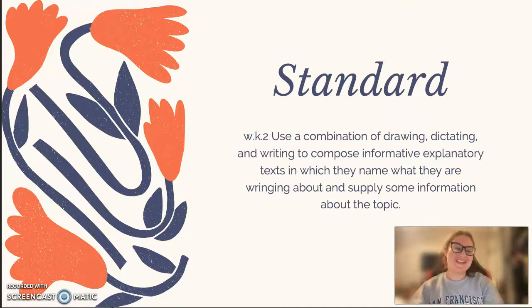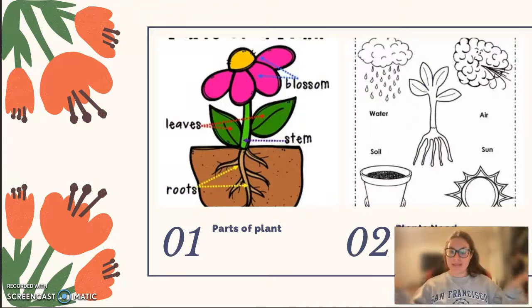No? Okay. Awesome. So, what are plants? Can anybody tell me what are plants? No, that's okay because we're going to be learning about plants. So some things that plants have are parts. Plants have a flower. Plants have a stem. They have leaves. They have roots. And guess what? They also need something to be able to grow and to live because they are living things, right? So what are living things? Like us. They live. They need the sun. They need water. They need soil. They need air. So just like us, right? So let me show you a